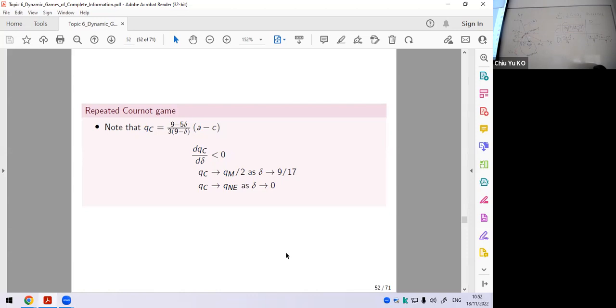So delta is 0, it's 1 over 4. And we know that if delta is more than 9 over 17, it's close to 9 over 17, it will go to